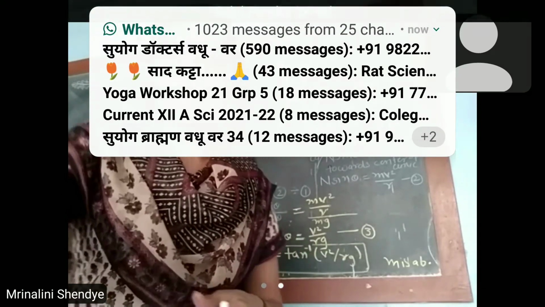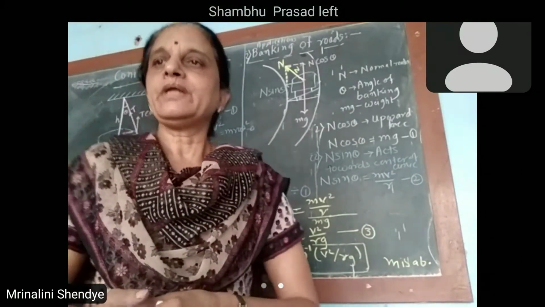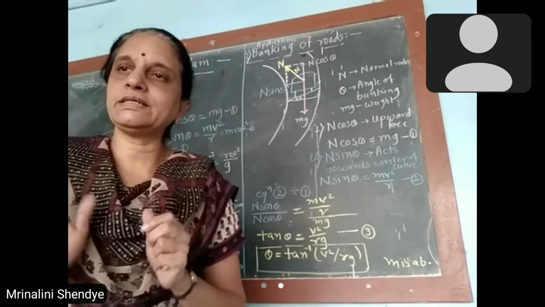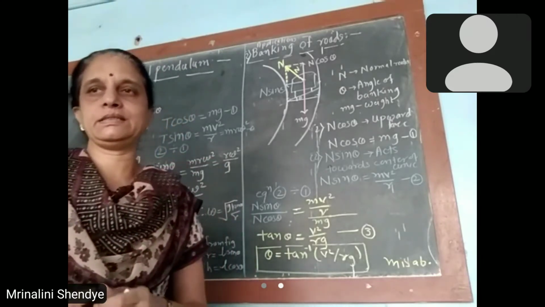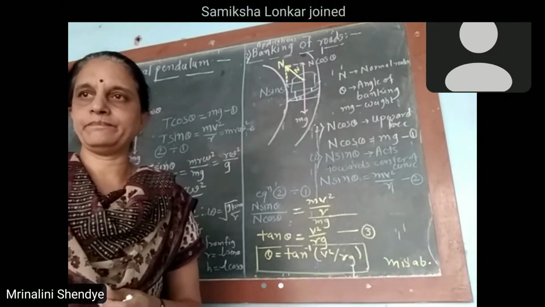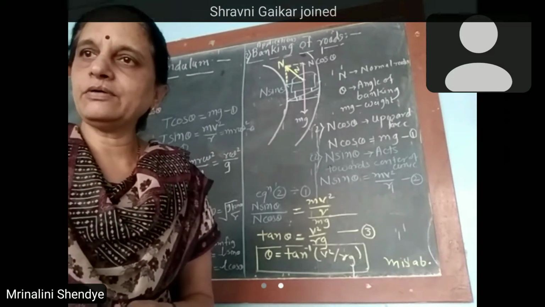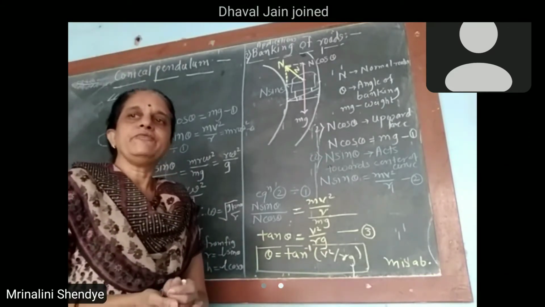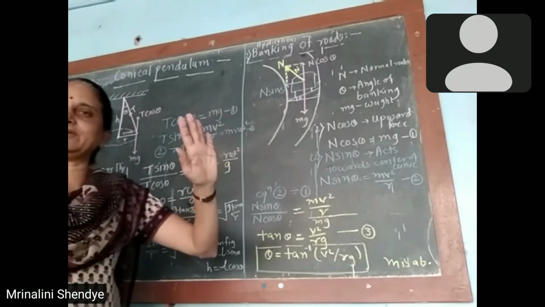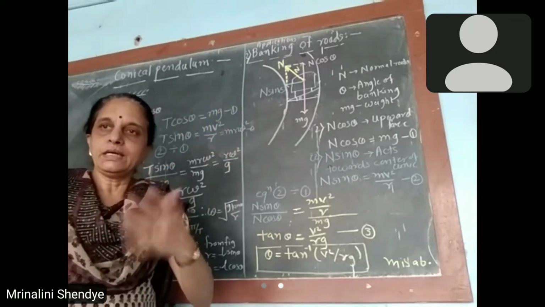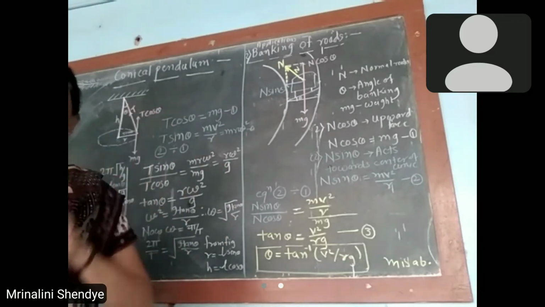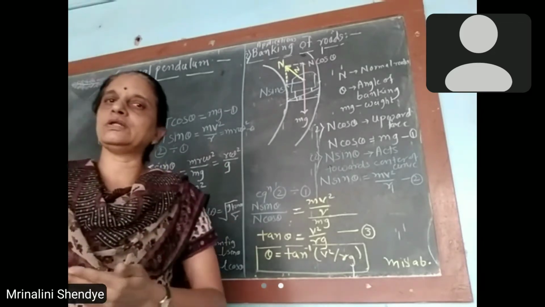In the case of uniform circular motion, you have studied that the motion of the particle is along a circle with uniform constant speed. Again, we have seen that whenever it is moving along a curved path, it is having a uniform speed. If sometimes I use a vehicle and I am going along the road, then